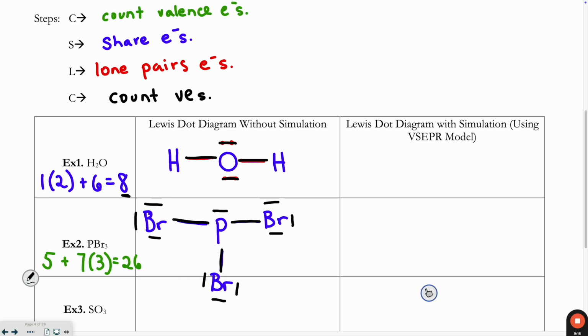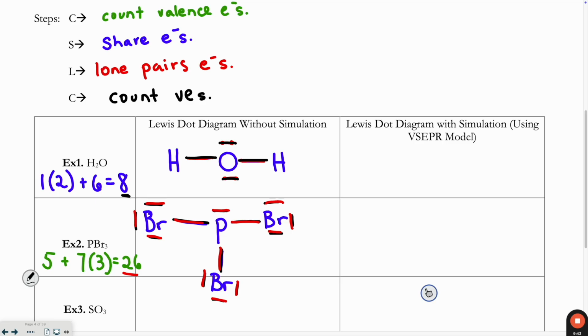They're happy. Now I need to count to make sure I'm only using the number of electrons I'm allowed to use, which is 26. So let's double check it. Am I only using 26 to make everyone happy? I'm using 2, 4, 6, 8, 10, 12, 14, 16, 18, 20, 22, 24, 26. I'm good. All right. Now, I'm going to pause before I go to example 3, and I'm going to draw